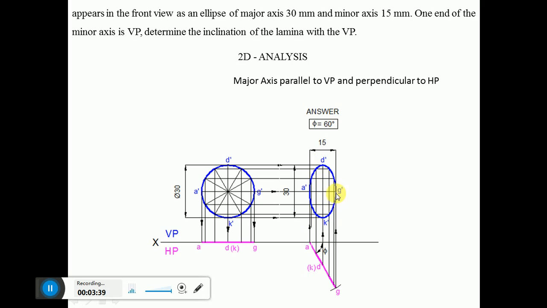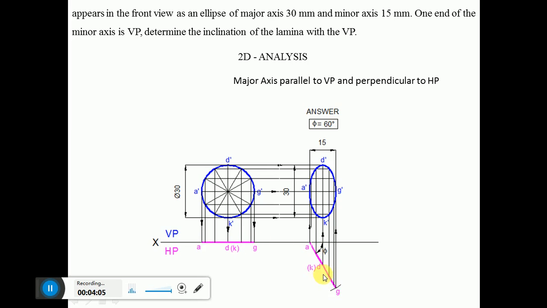Then you project this from here to the front view, top view. Then measure the length from A to G. From A you cut an arc on this, so you are going to get a line here. Then transfer these points here as explained in the previous videos, that is you measure the length from A to this point. From A you cut an arc on this, you get this point.